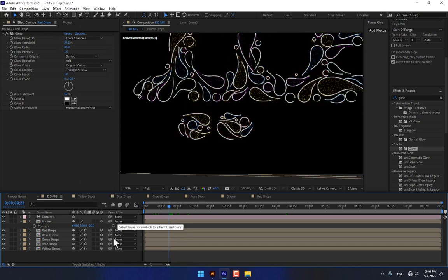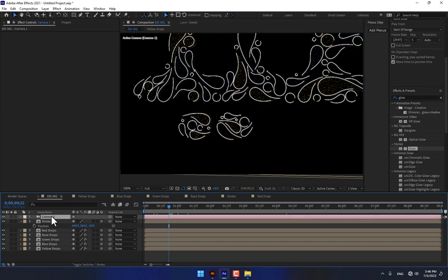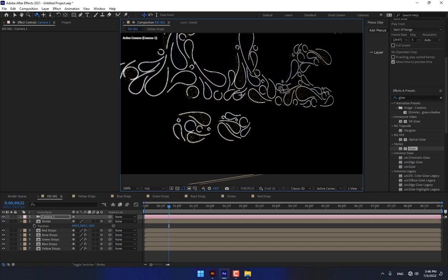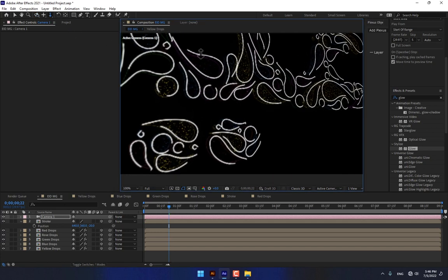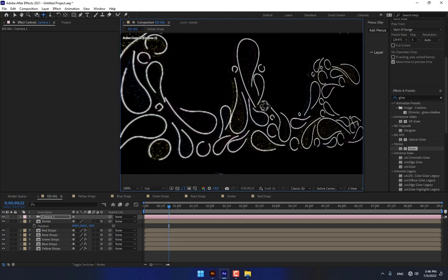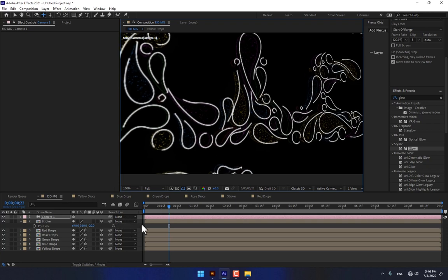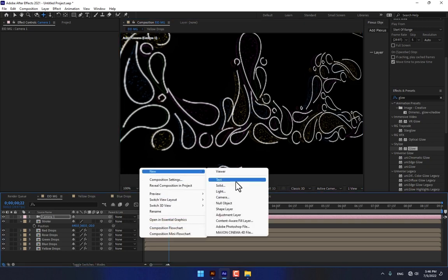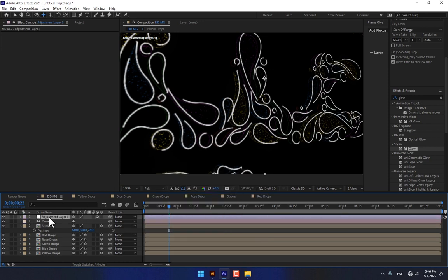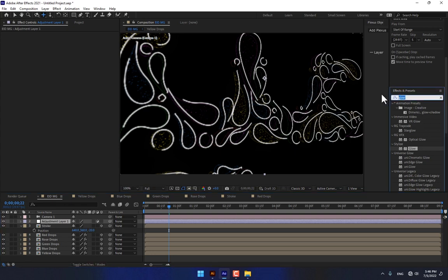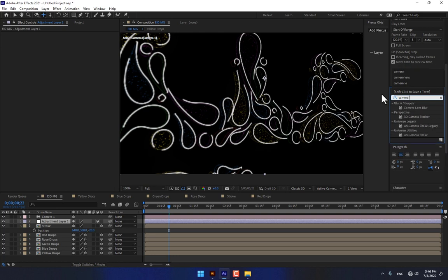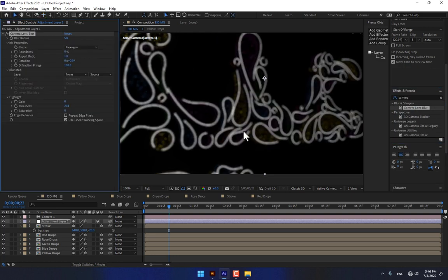the camera movement. So select the camera and zoom in, move it down, and now right click, create a new adjustment layer, move top of layers and drop another effect, camera lens blur, change to 10,